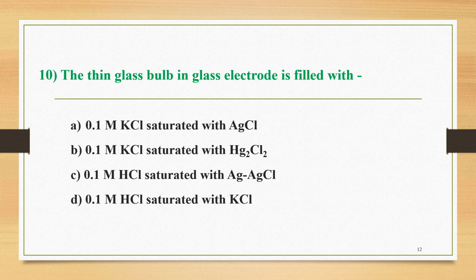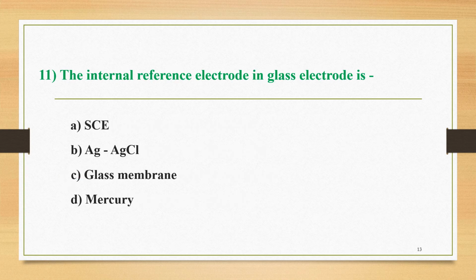And among these four, the correct option is option C, that is, it is filled with 0.1 molar HCl saturated with silver chloride electrode. The next question, number 11, is here, and the question is, the internal reference electrode in